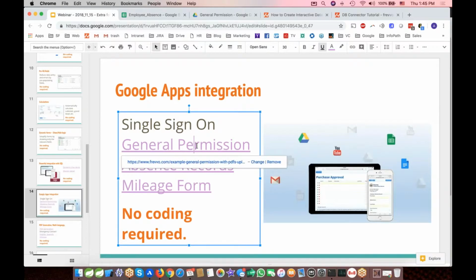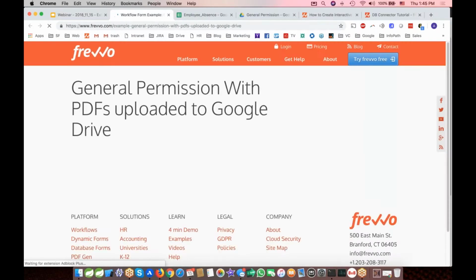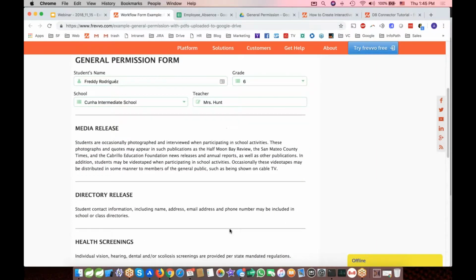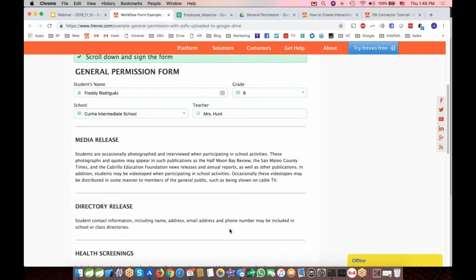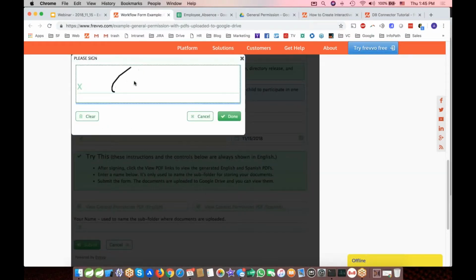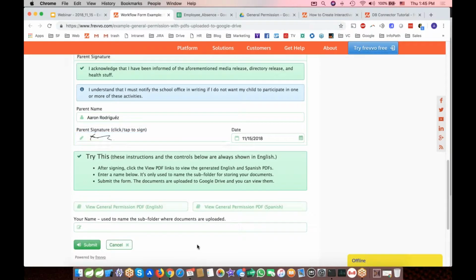You can also have forms that, here's an example. This is a general permission form. Again, a real common form in schools. So I've got a general permission form, media, directory release, etc. I'm going to simply click a signature, and then let's type in a name here, forms webinar, we'll call it. And when I click submit in here, it's